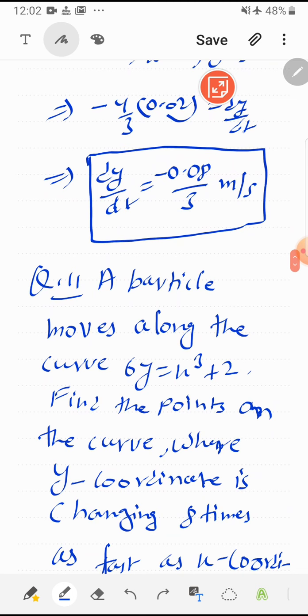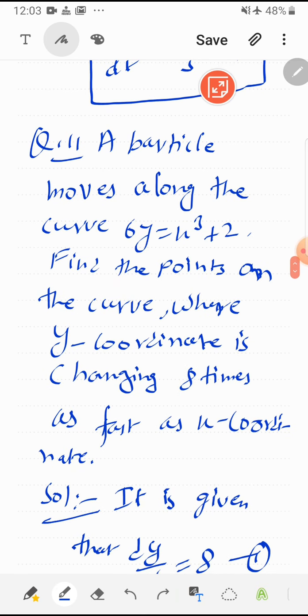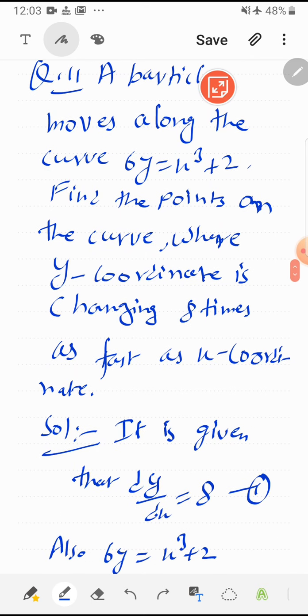Next question is a little bit different. A particle moves along the curve 6y is equal to x cube plus 2. Find the points on the curve where the y coordinate is changing 8 times as fast as the x coordinate. Now,